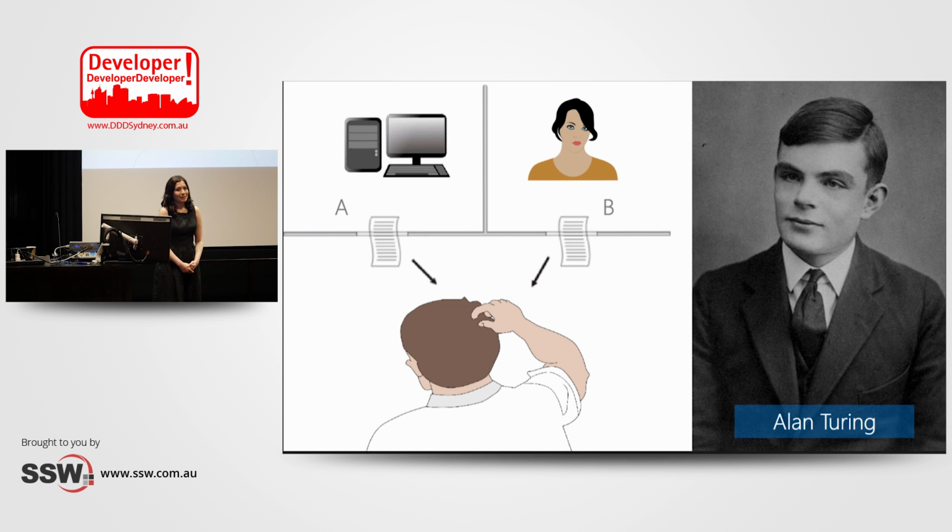He proposed a test in which a human evaluator has a text-only conversation with two participants. One is a human and the other is a machine that can generate human-like responses. All of the participants in the test are separated from each other, and the evaluator knows that one of the partners is a software program. If the evaluator cannot easily distinguish the human from the machine, we can say that the machine or program passed the test.